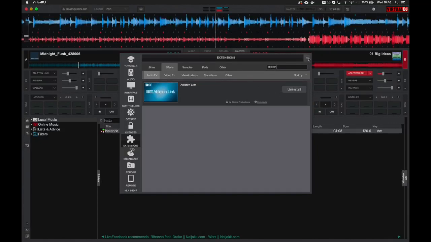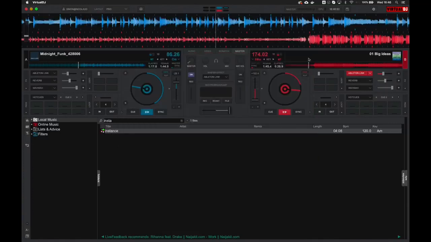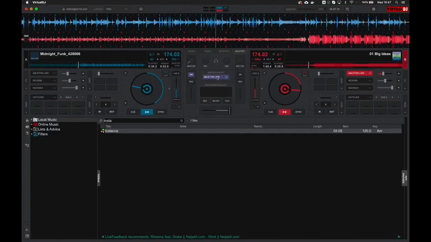Now there are two ways to run Ableton Link in Virtual DJ. The first way is to actually select it in the center here as a master effect. Now this is the way it should work. This is the same way in which Traktor works, but in fact there's a problem with this, and I'll show you what the problem is. So if you press the down arrow, you see you've got Ableton Link here. So you select it first, and then you need to switch it on like this. And if I play this,